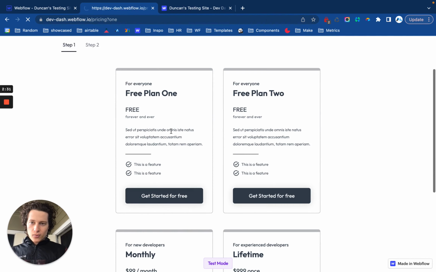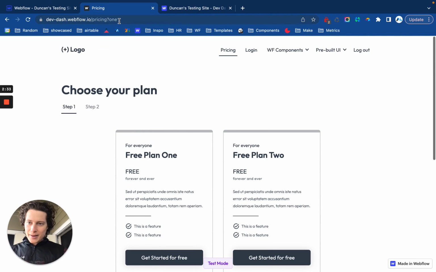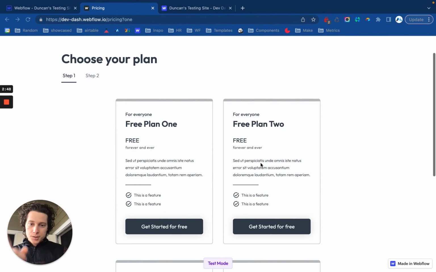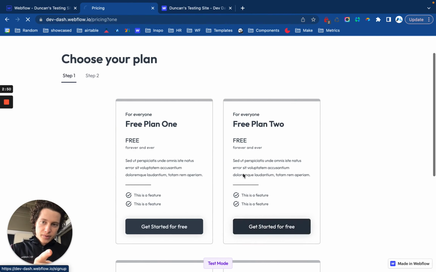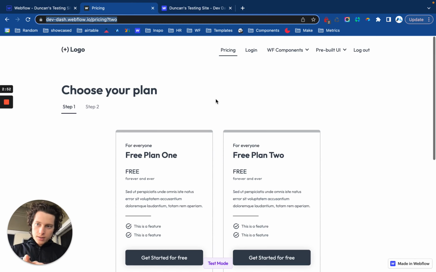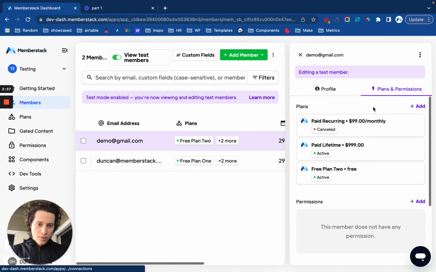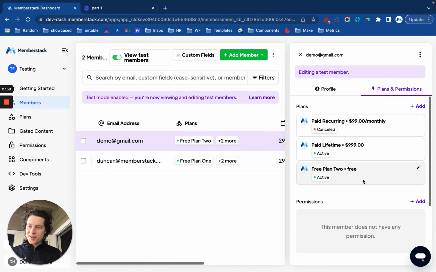If I click free plan 1, I am added to that plan. If I go into the dashboard, I can see I am now on free plan 1. Check this out. If I click and go to free plan 2, there we go, I was added to the plan, and I now only have free plan 2. So essentially, using plan logic, I've created a scenario where a member can only have free plan 1 or free